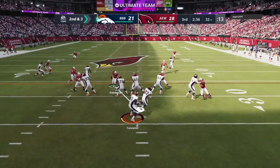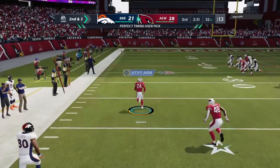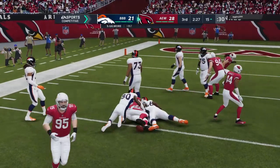Brings up 2nd and play action, Tannehill. Nothing fancy on first down, but looking for Johnson, and it's intercepted. Picked off by Stephon Gilmore. And it's a huge return as he brings his